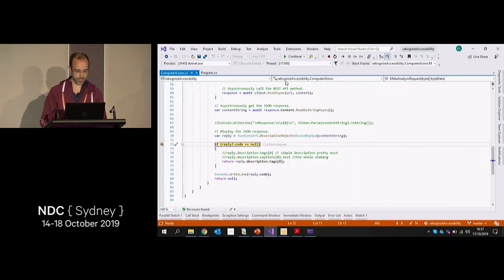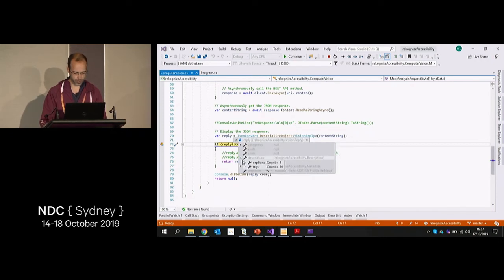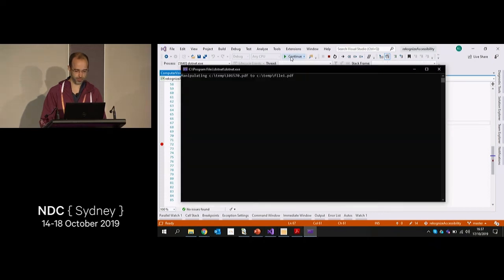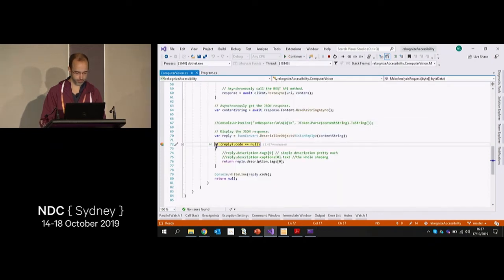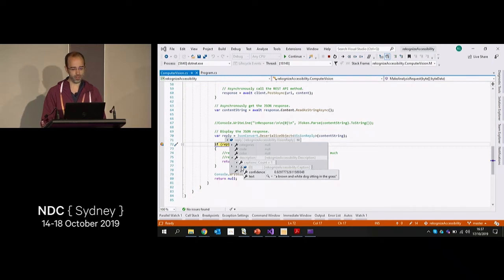All right. So it's going. So you probably found the dog now, right? So for the dog caption, what is it? Oh, still at fox. Okay. Description: a brown and white dog sitting in the grass. It's so poetic, right? We should just use it and forget about tags. I mean, I'm in love with this. All right, but let's check tags anyway.